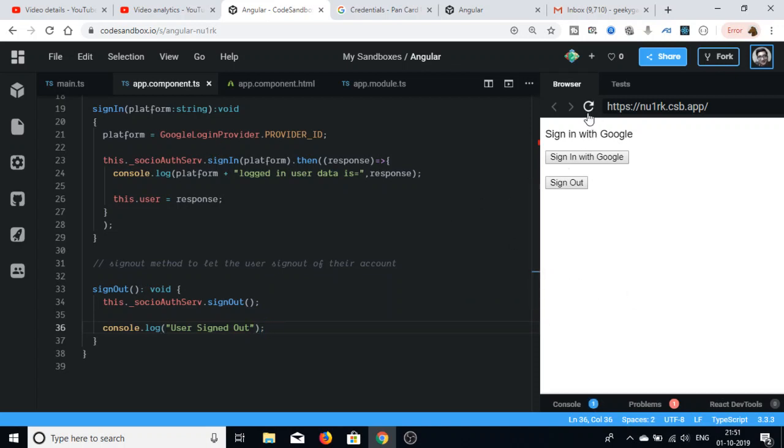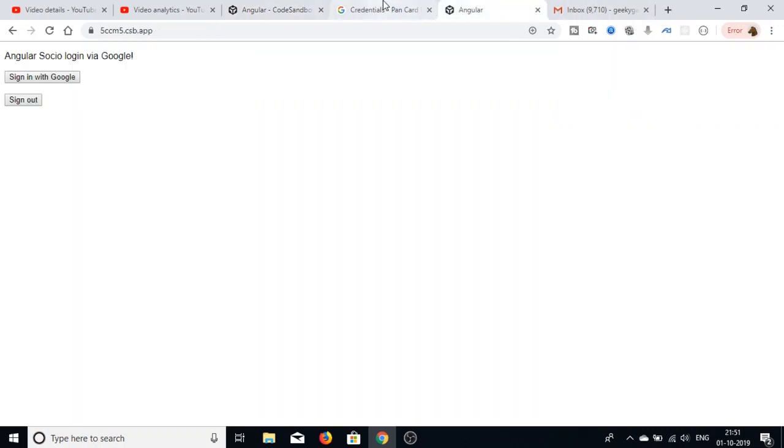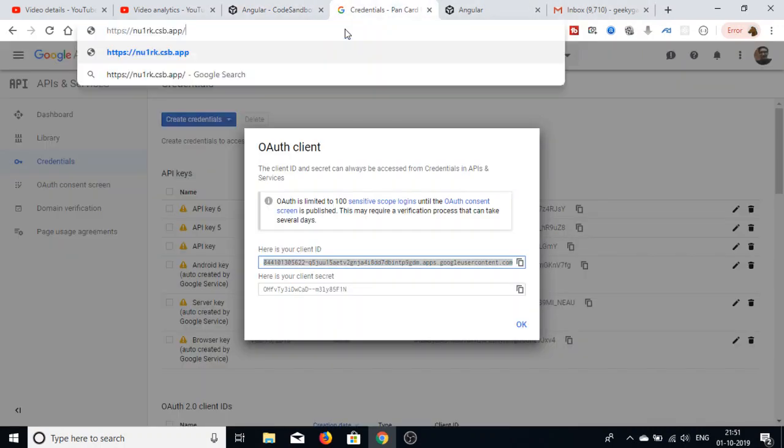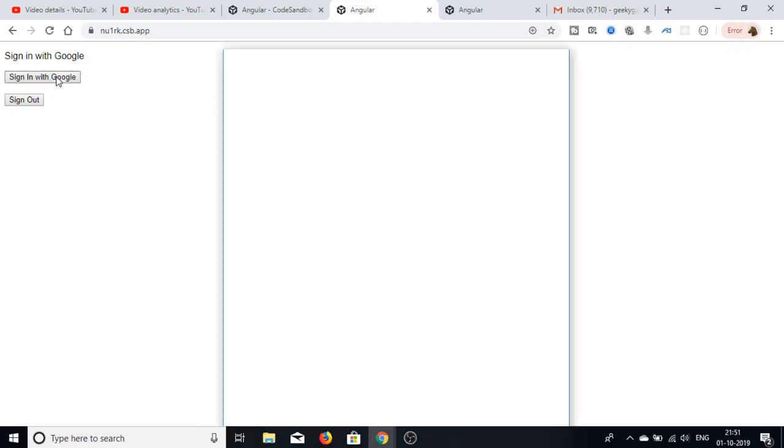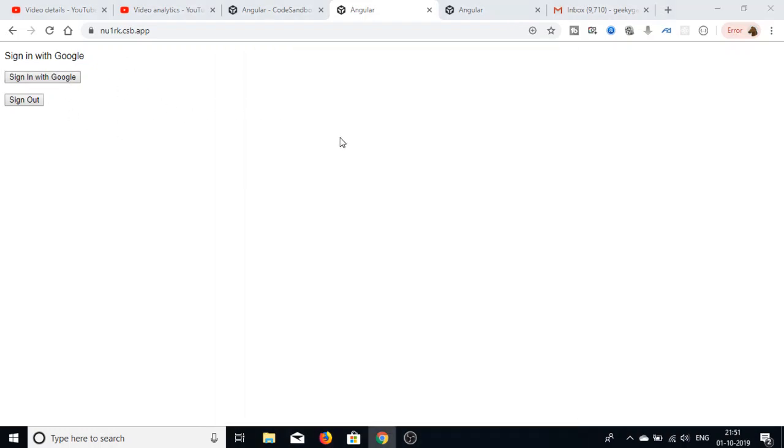So now if I refresh it, or I can just copy the URL and open it in the browser. So now you can see that this is the application. If I click sign in with Google, you will see that three things are displaying: profile picture, username and email address. I can even sign out,